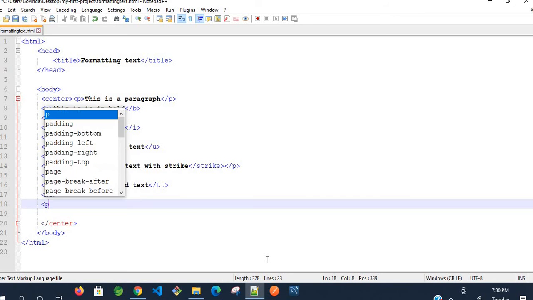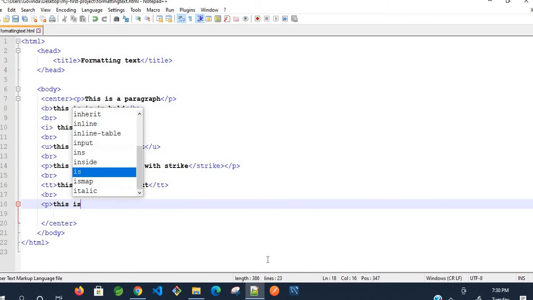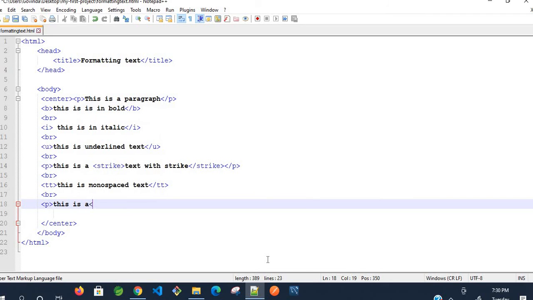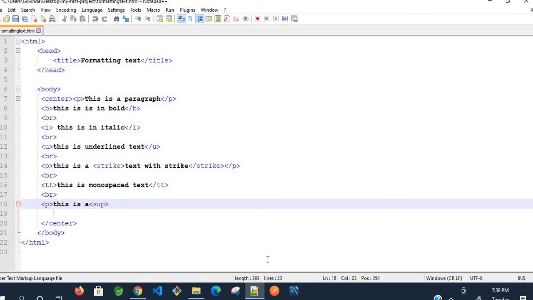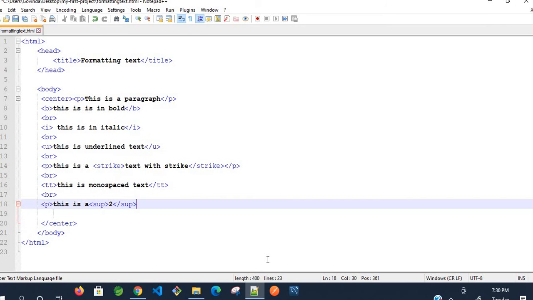Okay, start a paragraph. This is a superscript I want to give as 2. Then close the superscript. Sup is the tag to give as a superscript.